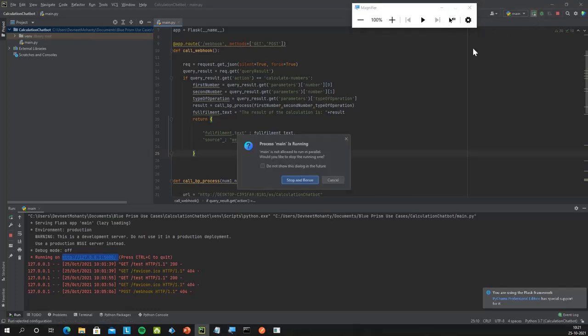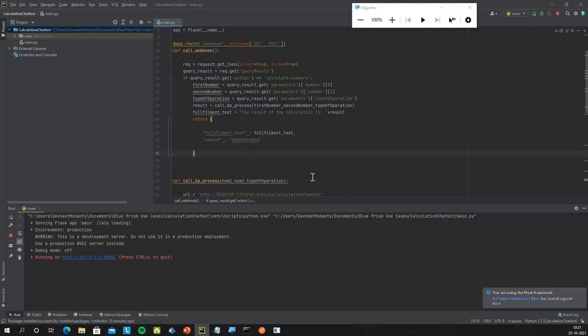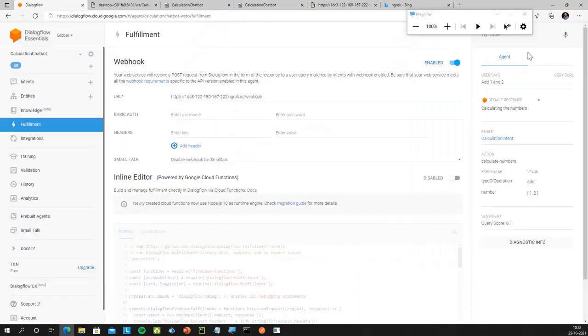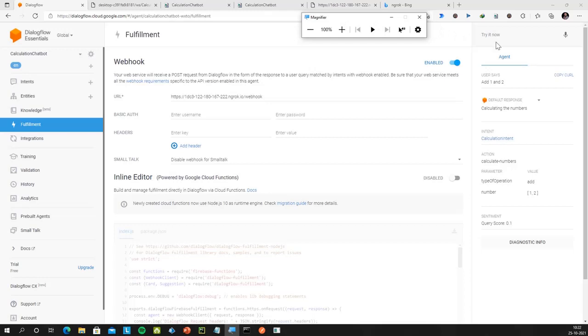So once I have done all of these things, basically after that I can just try to reset and rerun my entire process. So I'm just stopping and again rerunning it. So again the new code has been deployed. Okay, and now if I go back to my Dialog Flow chatbot, and in my Dialog Flow, if I try to write